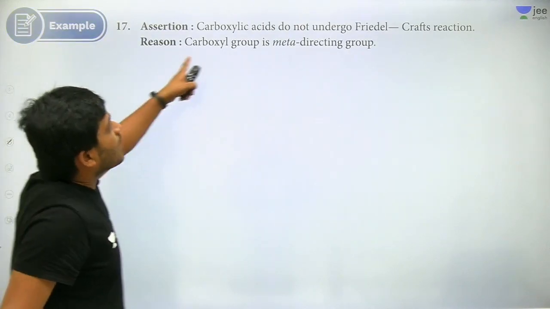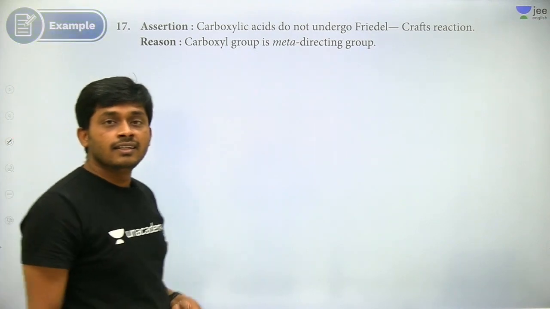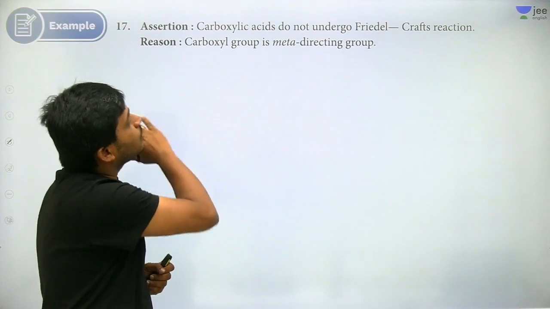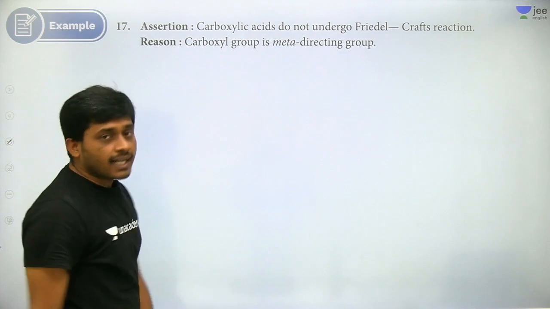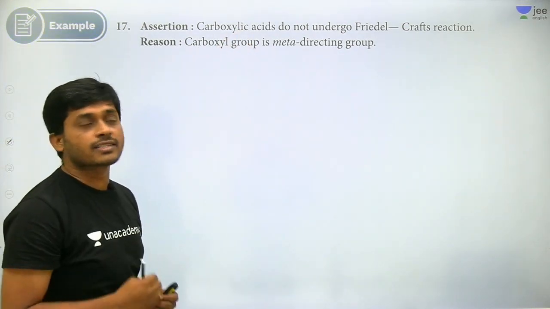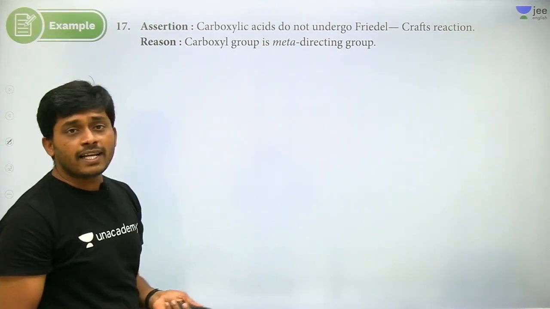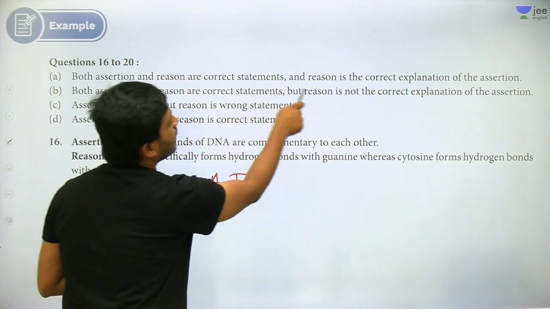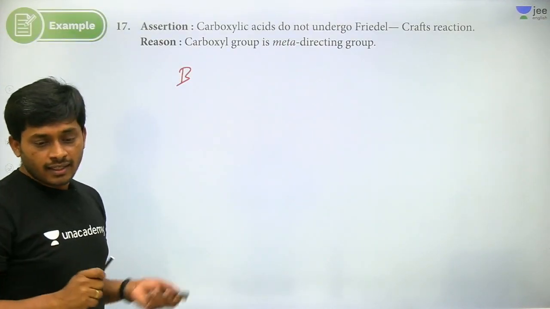Right. Next, carboxylic acids do not undergo Friedel-Crafts reaction. Is it correct? Yes, it is correct. Carboxylic acid, they do not undergo Friedel-Crafts reaction. Right. Carboxylic group is meta-directing. This is also correct. Withdrawing group, so it is not undergoing Friedel-Crafts reaction. It is meta-directing. This is also correct, but it is not correct explanation. So what is the correct option? Assertion is correct, reason is correct, but reason is not correct explanation. So answer B. Okay. Next,